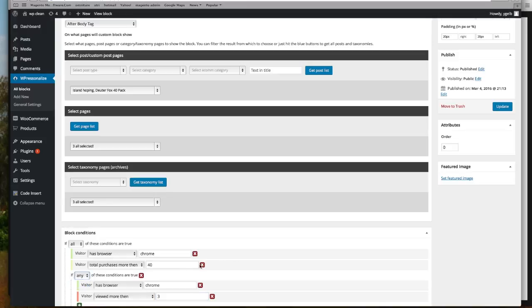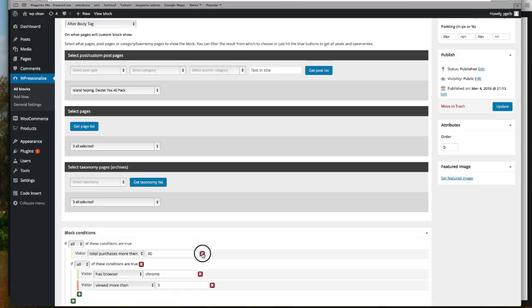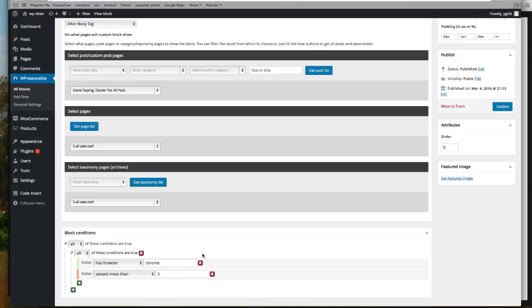So if you're Chrome and you saw all these, let's remove these. We don't need these. But this I'll set to any. So if you're Chrome and you saw more than 3, or if you're Firefox